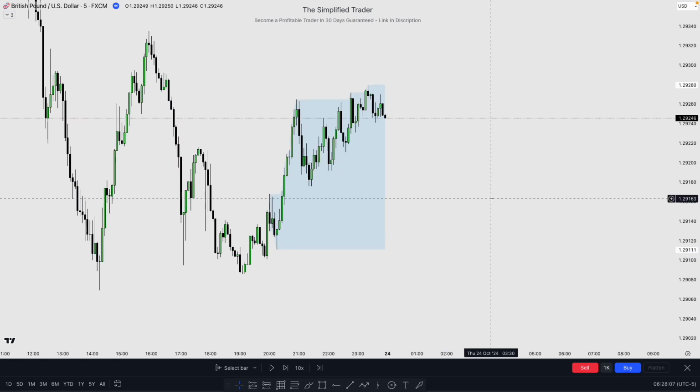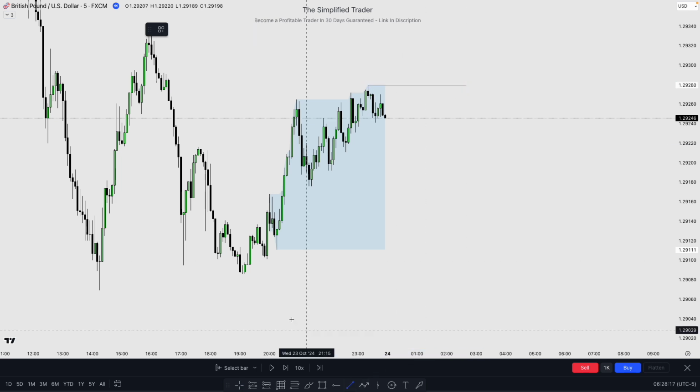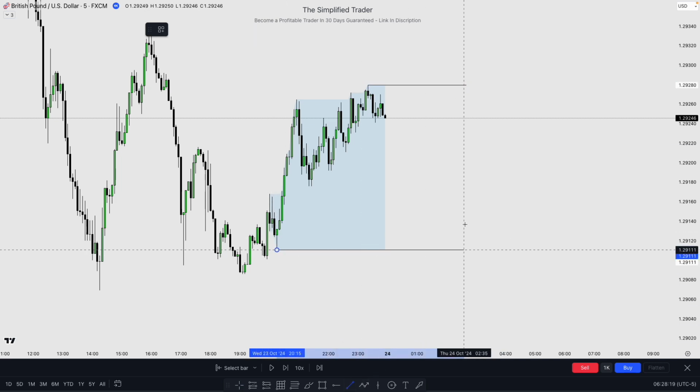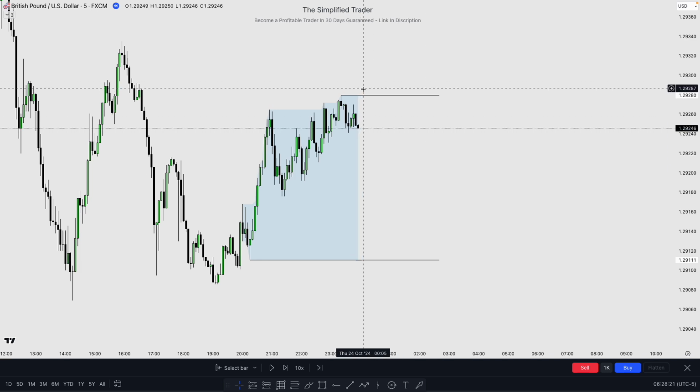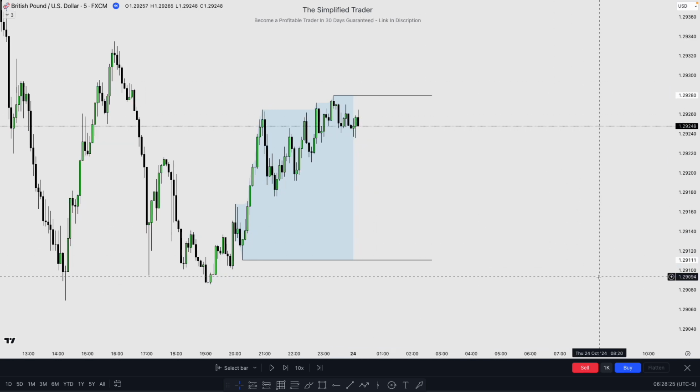Here we have another example, and this is going to be a very, very important example, so make sure you pay attention and take notes. Again, what do we have? We have the close of Asia kill zone, mark out Asia high, mark out Asia low, and we are waiting for a sweep of either the high or the low. That's it. If we play price forward to see what happens,